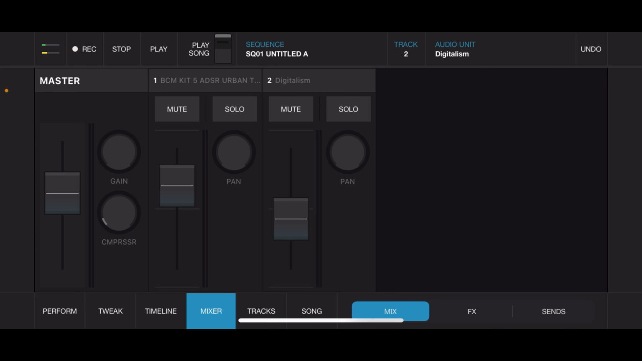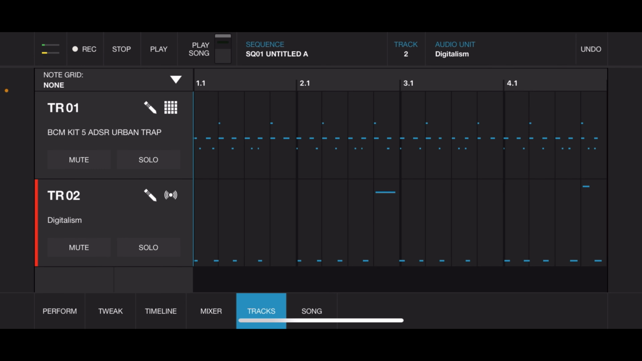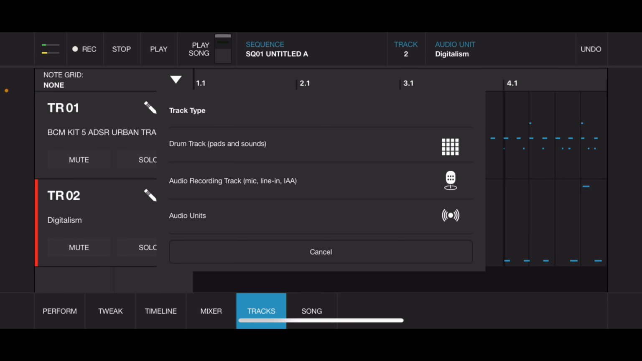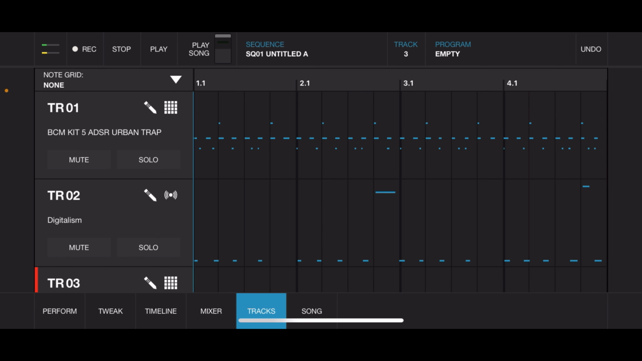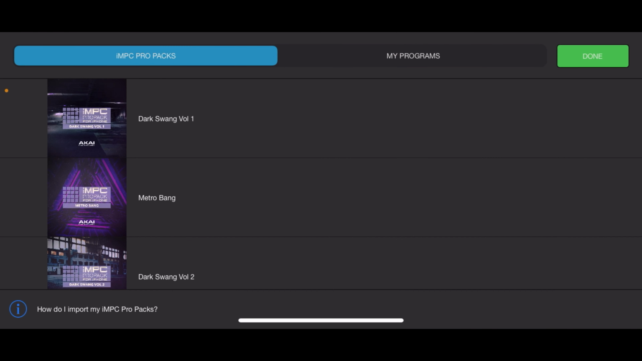Let's come over here to our tracks. We can come down here and add a new one. So I think I'm going to add a new drum track and give this a little bit more flavor here. So let's go back to performance. Our drum track is empty,